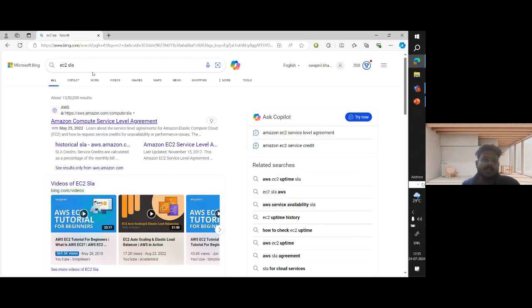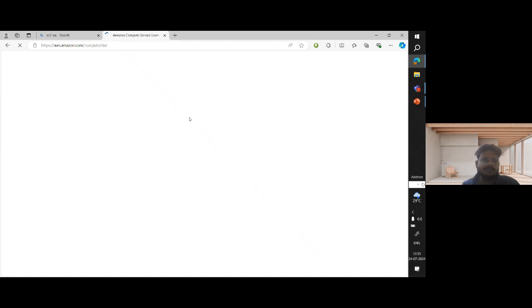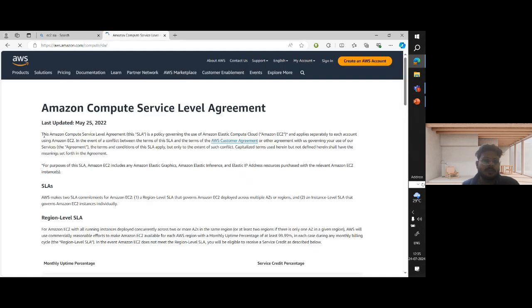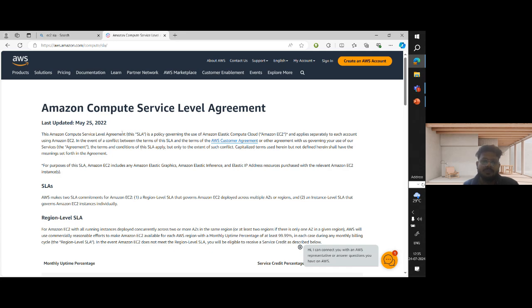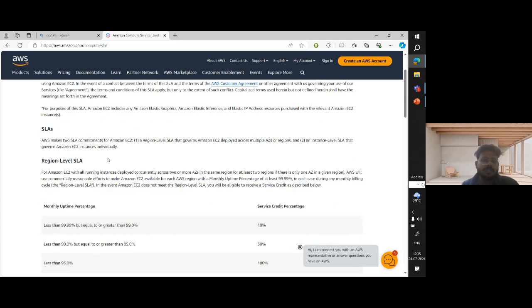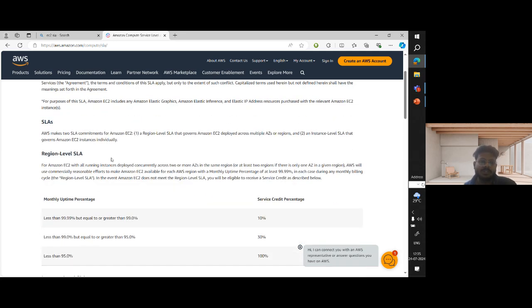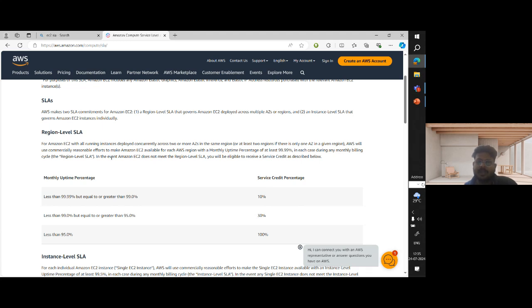You can see I just have to type EC2 SLA, and when I open this, I get the agreement. The last update was May 25th, 2022. So they keep mentioning what their uptime is, what their downtime is, and how much penalty they will pay if your EC2 instance, like compute power, is not available